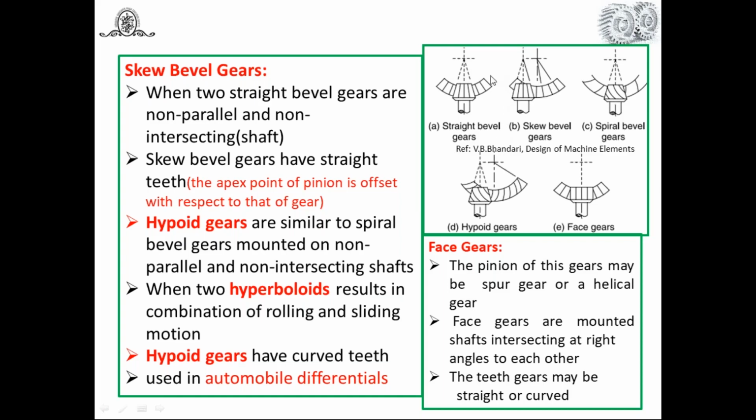Now look at this diagram here. This is the bevel gear and this is the bevel pinion. You will find here the axis of the pinion and the axis of the bevel gear intersect here at 90 degree. Teeth are cut on this gear as well as the pinion, and they are straight. So when they are intersecting at 90 and teeth are straight, you can say it's a straight bevel gear. Look at this, it's a straight bevel gear. But look at this, the other case. In the other case, the second classification is this skew bevel gear.